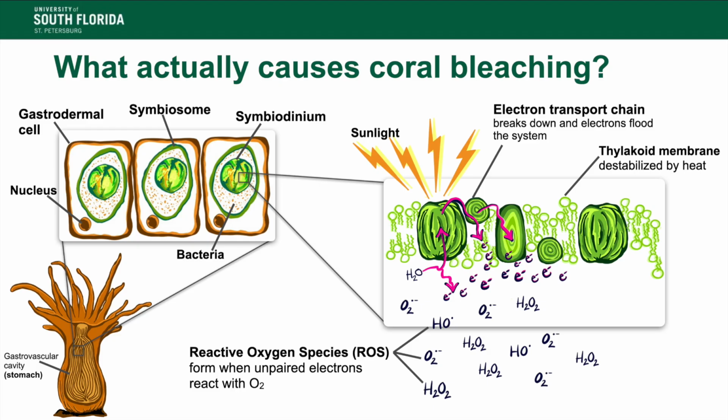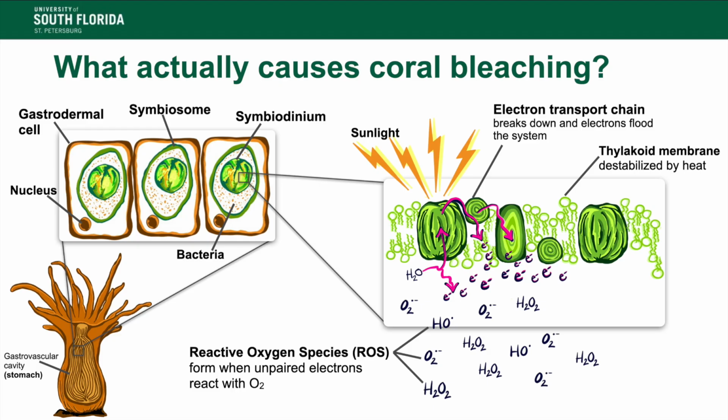On the bottom left, you see a cross-section of a polyp. Above that is a zoomed-in view of the cells lining the stomach cavity. This is where the algal symbiont, Symbiodinium, is located. It's surrounded by a membrane that makes up the symbiosome. In the top right corner, we zoom in further to see the thylakoid membrane where photosynthesis takes place inside the